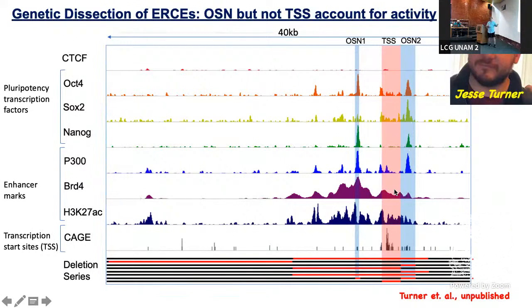And I haven't said, I mean, it's published. This isn't published, but Zhao's work is published. When you knock out all three ERCEs, you get this complete shift from early to late. You also get a compartment A to B shift, for those who are familiar with subnuclear compartments. You get a shift of the whole locus from the interior of the nucleus to the periphery of the nucleus, and you lose all transcription throughout the region, confined to the region, though, not affecting anything outside the TAD. So we've been trying to uncouple these, and this deletion here shows that we can uncouple transcription and replication timing if we hit the right spots within these ERCEs.